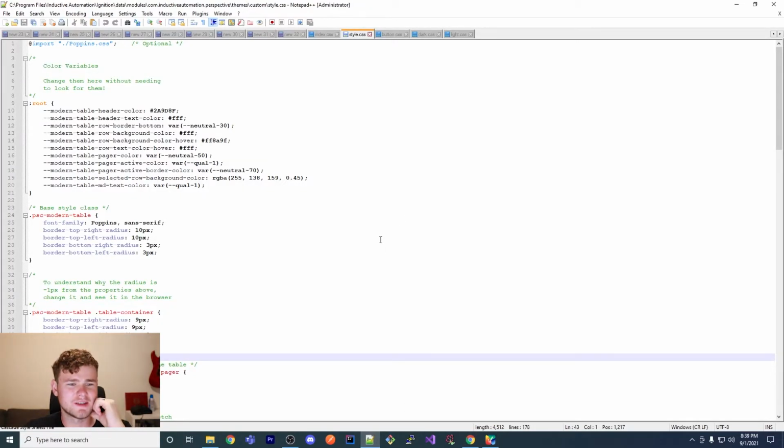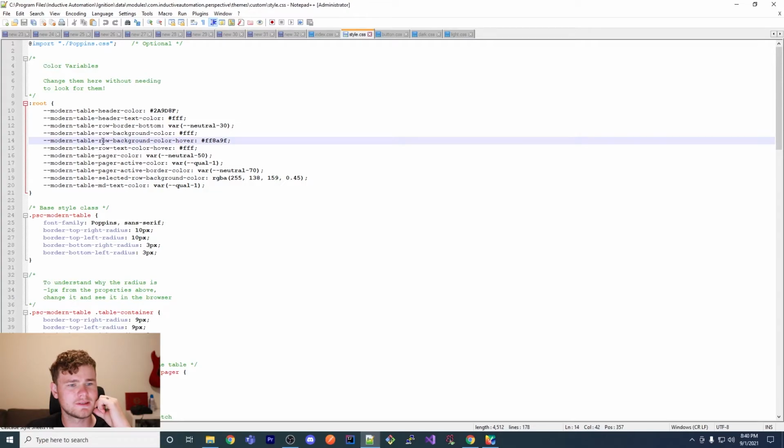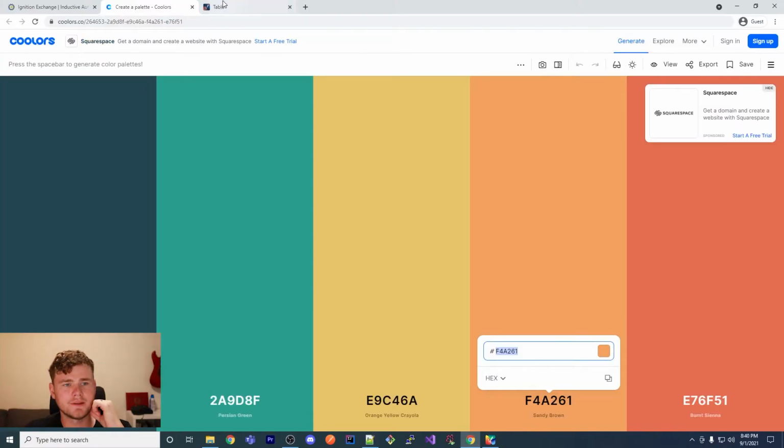I'm clearly not a designer. So let's look for something that has to do with hover. I forgot what I called it, but there it is, row background color hover. Hopefully that's self-explanatory. And then also save. Once you enable administrator mode, you're not going to have to do it again. So you can just hit Control S or hit the save button here, and then you'll see